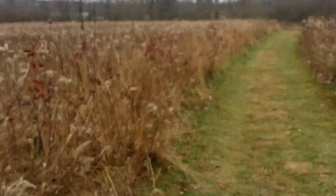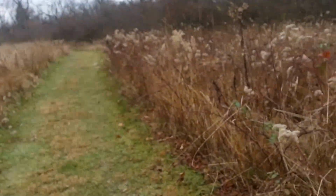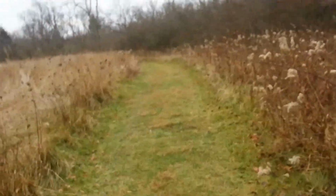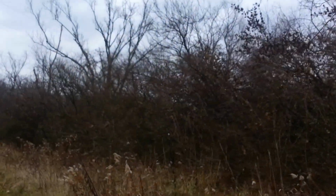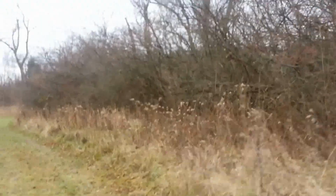Yeah, you really get some good views of the park when the foliage is down, and when it starts to get colder too, you have less bugs and less plant allergens or allergies in the air, so it's pretty nice. I enjoy hiking all seasons, obviously, so glad I'm doing this route today, because this is the first time that I've showed this particular part of the